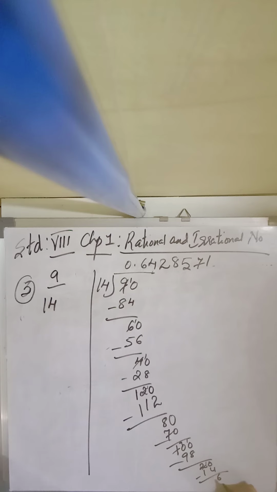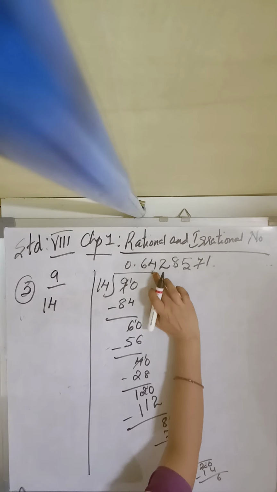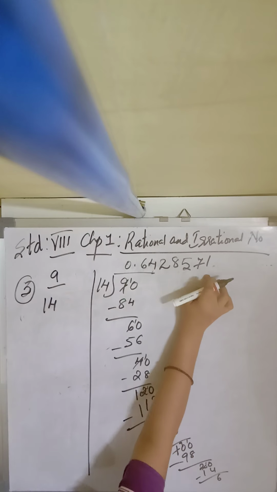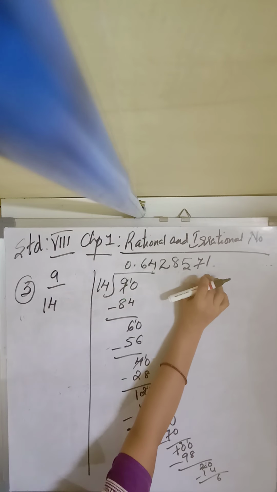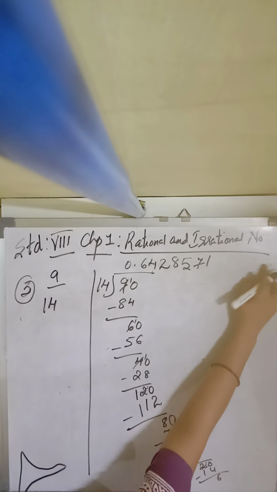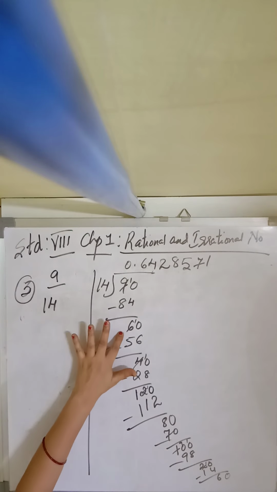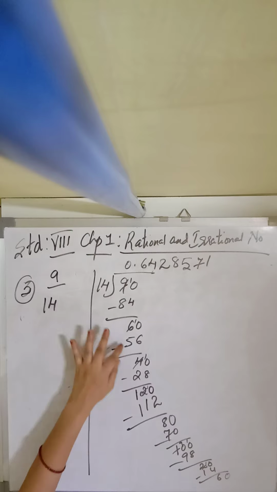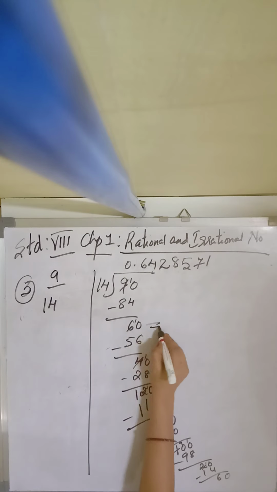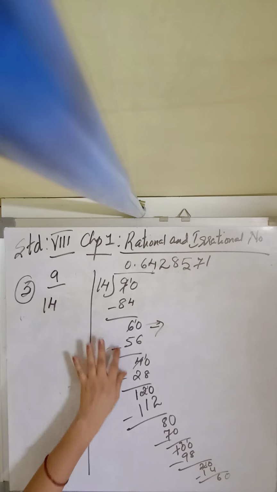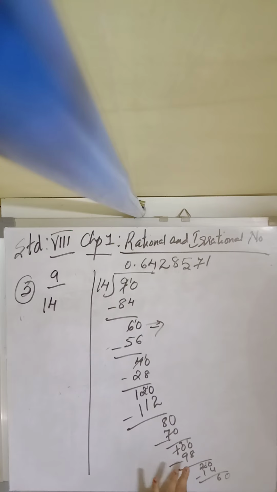Clear, children? Now this is going on. See children, we are going up till how many decimals? 1 2 3 4 5 6 7. That means we have gone till which decimal place? Sometimes you have to go till you get a repeat, so you have got here 6. That means again 60. So children, from here again 60, again 40. So from here it is recurring. From this place it is going to be recurring. 60, 40, 120, 80, 120.